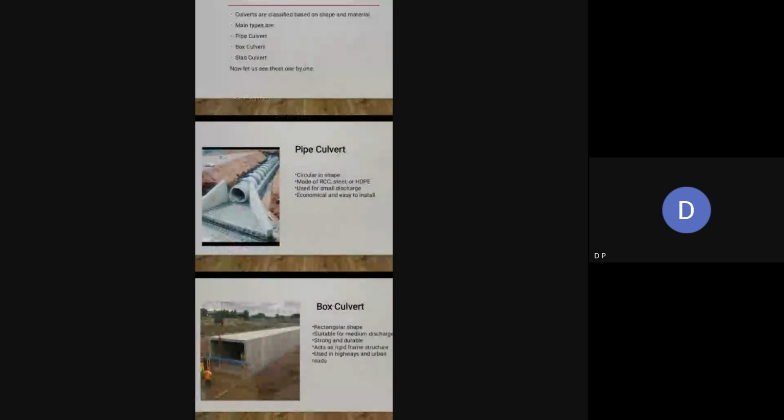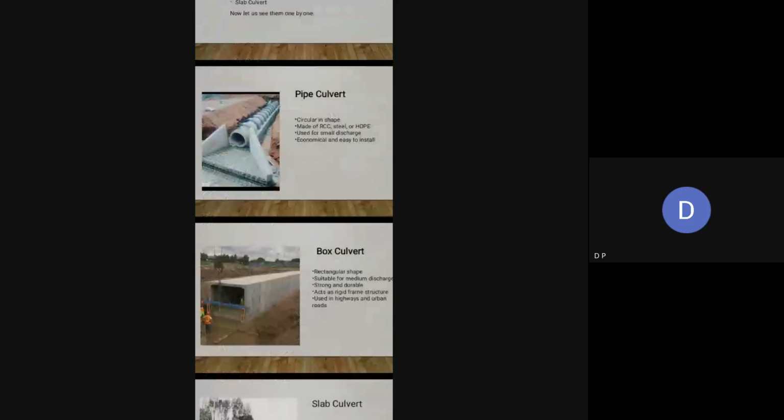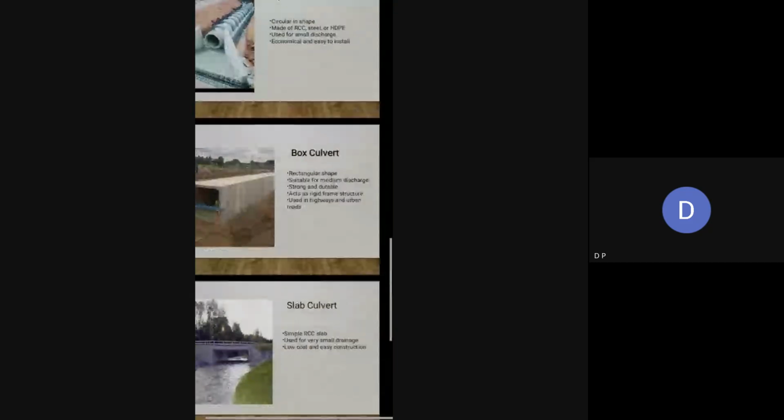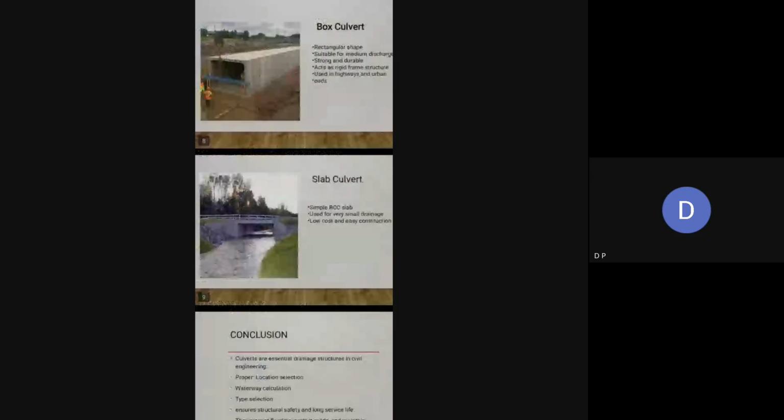Sir, the first type of culvert is the pipe culvert. As the name suggests, it is circular in shape, made up of RCC, steel, or HDPE, used for small discharge, and it is economically feasible and easy to install. Secondly, box culvert. It is rectangular in shape, suitable for medium discharge, strong and durable, acts as a rigid frame structure, and is mainly used in highway and urban areas. And last but not the least, slab culvert, a simple RCC slab used for very small drainages, low cost and